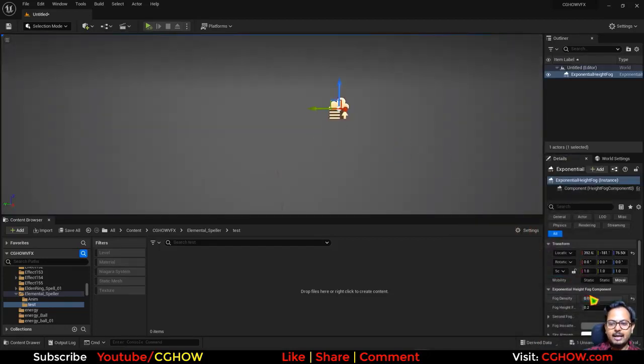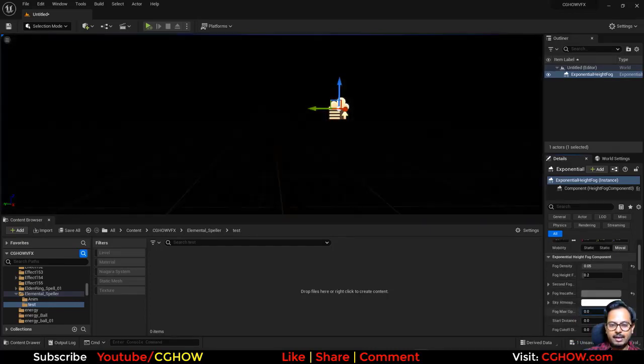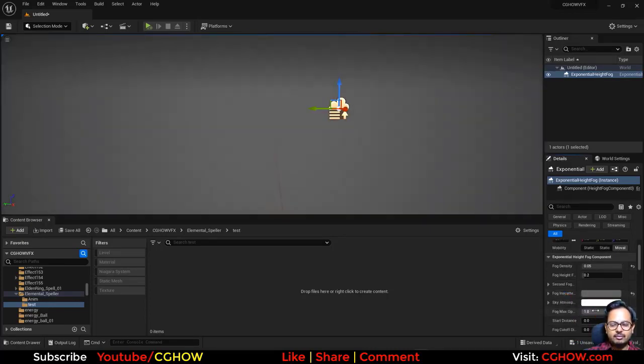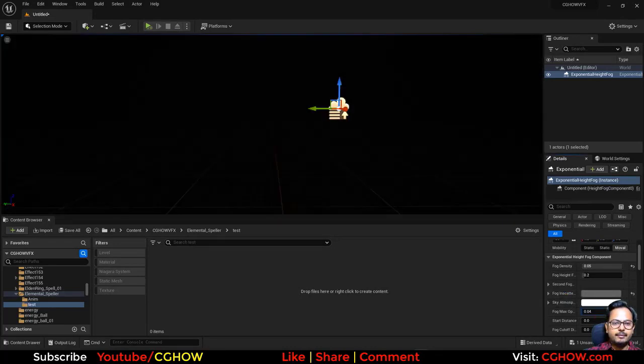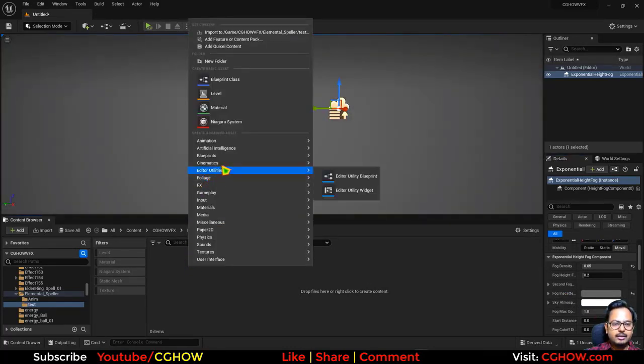To make it black, there's a value called fog maximum opacity. You can make it black, or you can change the color from here. So you can animate anything. We will animate this value in the sequencer. So right click here in the cinematic,